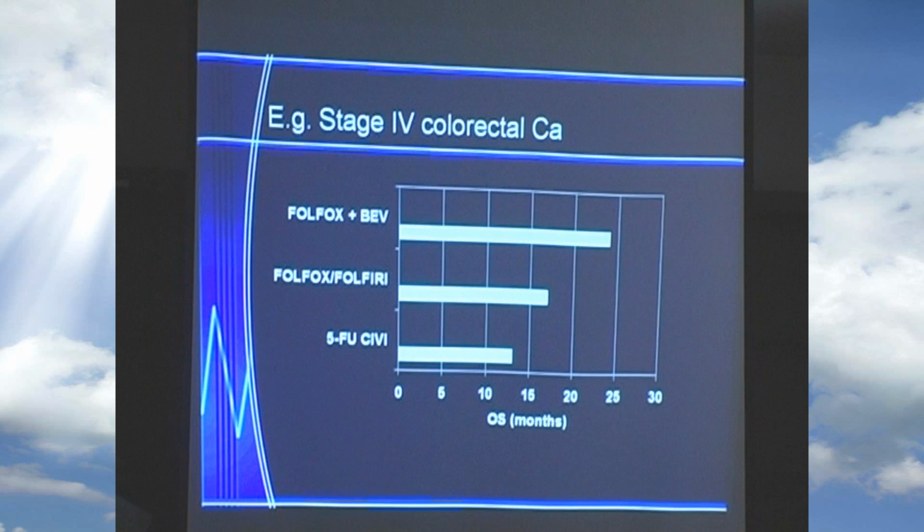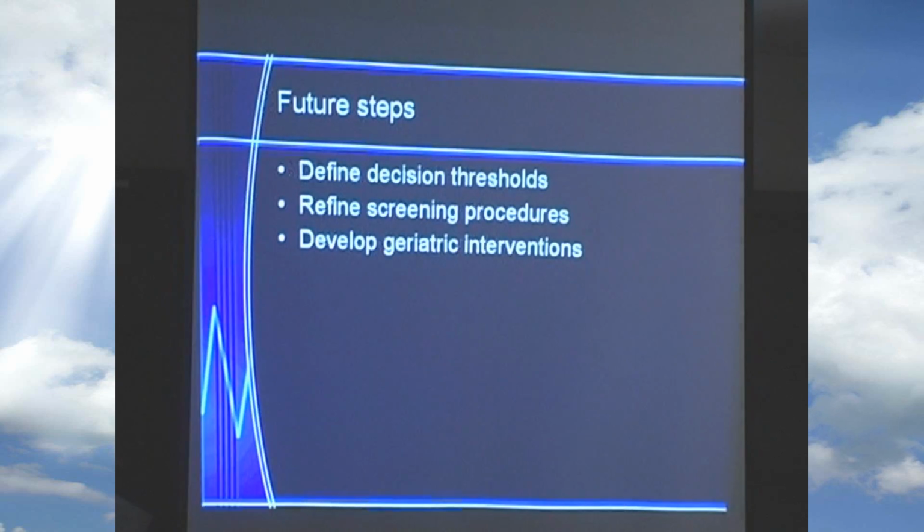So that's my hypothesis, and I'm trying to design a study to address that. So what should we do? Well, we should define this decision threshold, as I said, operationalize things. We should refine our screening procedures so that we can truly identify the patients who have the geriatric problems. And then we really, just like Ruth McCorkle, have to develop geriatric interventions in this patient, because visibly,